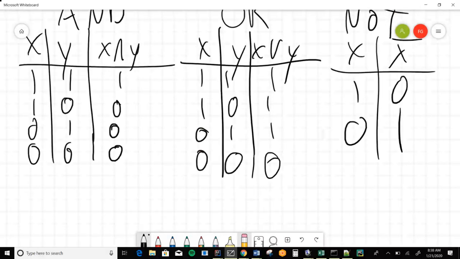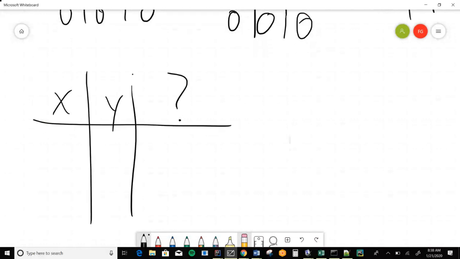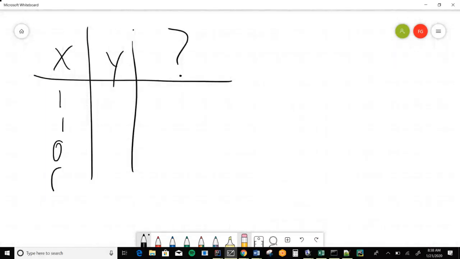So let me see if I can convey some intuition about this. I'm just going to set up kind of an arbitrary truth table over here. And then, in a sense, what I'm getting at is it doesn't really matter what's over here. You can make up anything you want and put it over here on the right. But whatever you come up with, you can then emulate using and, or, and not. Now, how does that work?